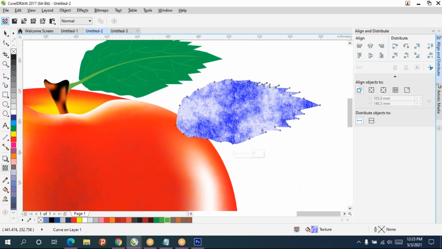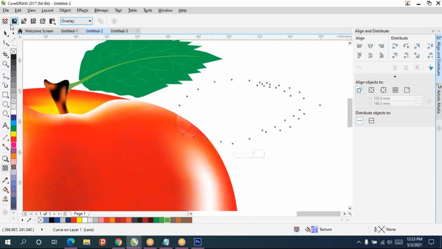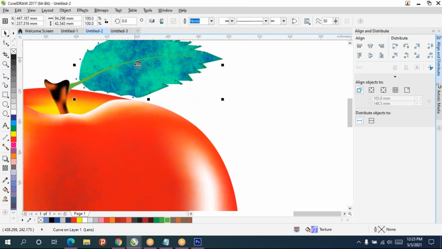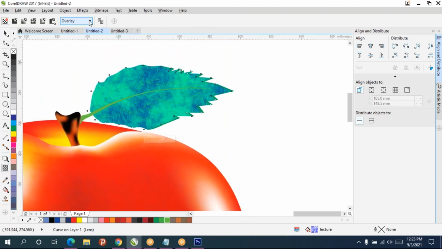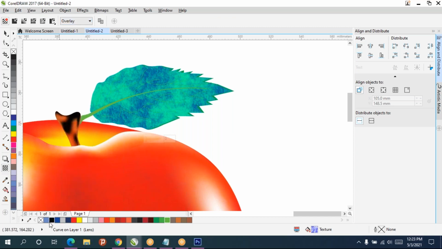Transparency, I'll turn it off. Instead of that, I'll give blending mode only. So color is also more important.